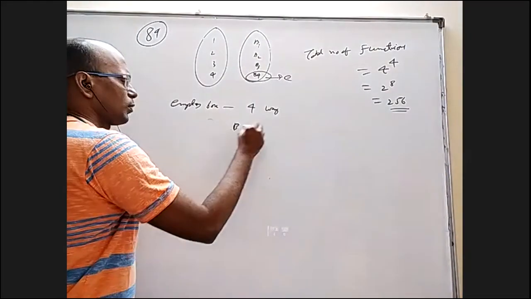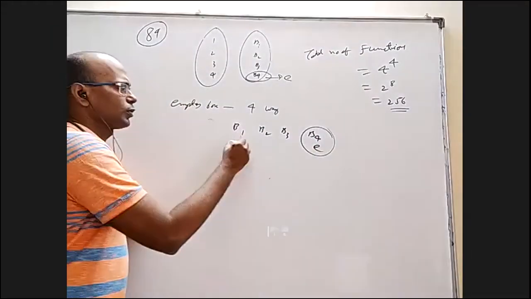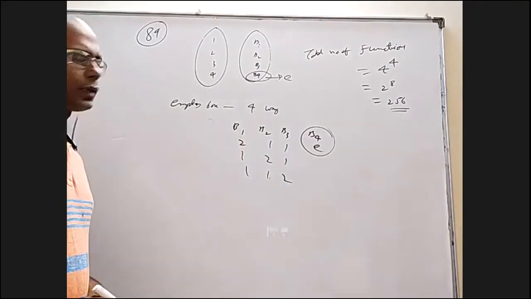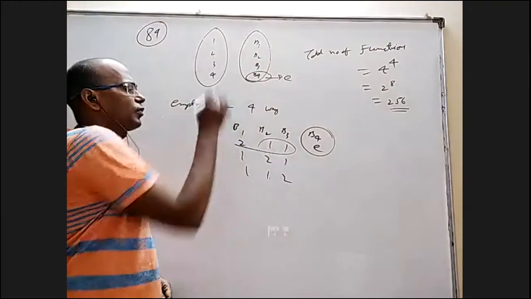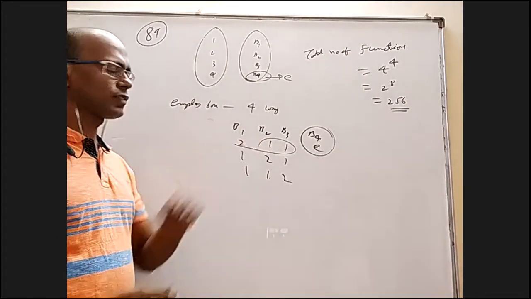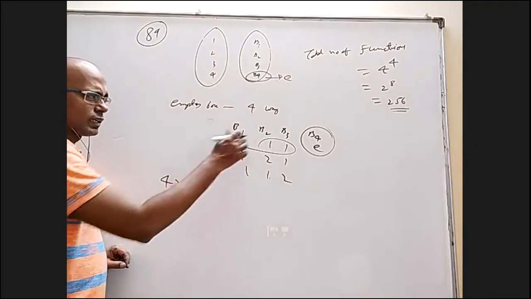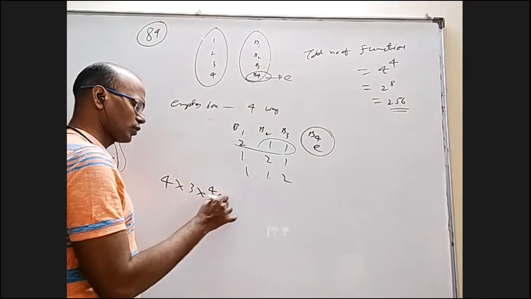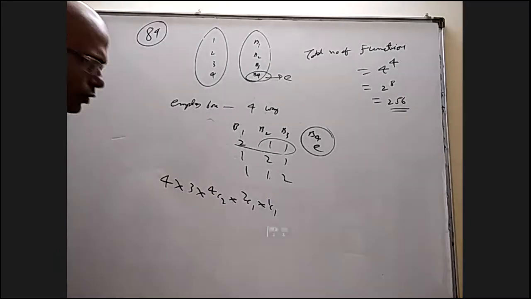You decided that box 1, box 2, box 3, box 4 is empty. You can put 2 here, 1 here, 1 here; 1 here, 2 here, 1 here; 1 here, 1 here, 2 here. That is another 3 ways of deciding. After you decided, among these 4, which 2 will you keep here? That is 4C2. Among the rest of the 2, which one will you give here? That is 2C1. So 4 for selecting the empty box, 3 for these 3 choices, and then how to put: for these 2 it is 4C2, for this one it is 2C1, for the other one it is 1C1.